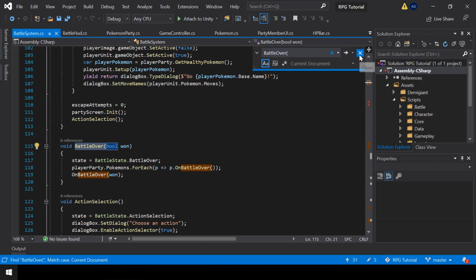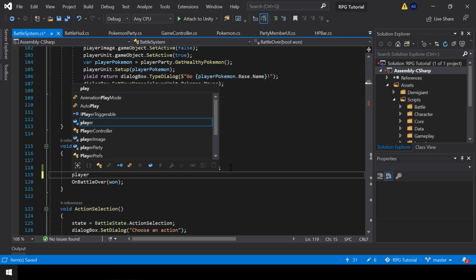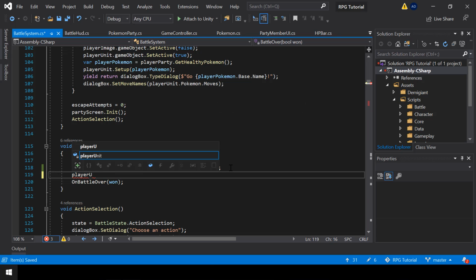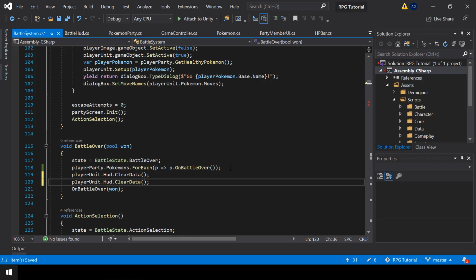Okay, so this is called when the battle ends. And in this function, we can call player unit dot HUD dot clear data. And we can also do the same for the enemy unit.